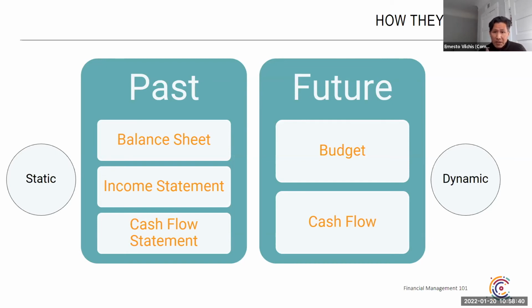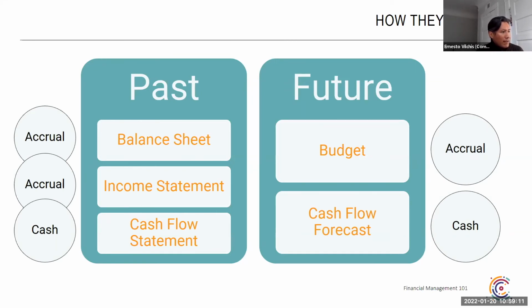The future, the budget, the cash flow numbers that I just showed, those are more dynamic, and they are about making adjustments on a constant basis, right? Because the future is not static. You can go in a million directions, and you want to make sure that you are going in the right direction by being dynamic about how you manage those two things. Quickly, if we go to the next slide,